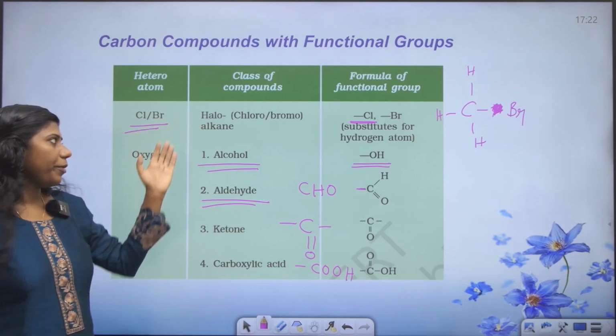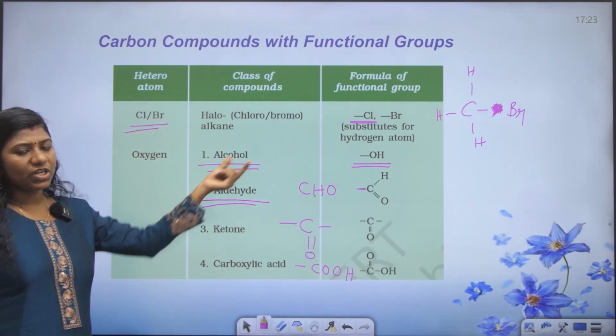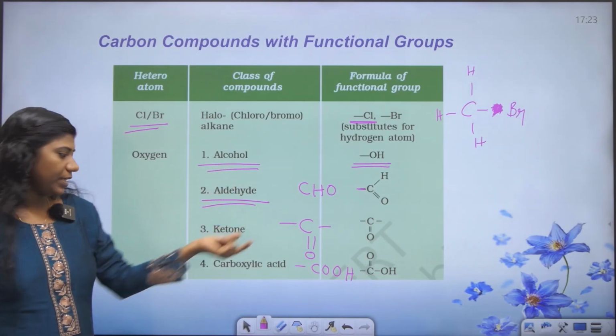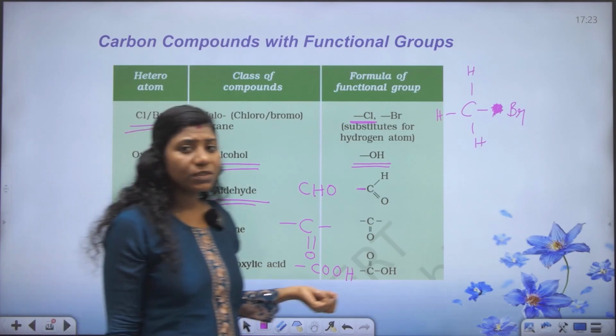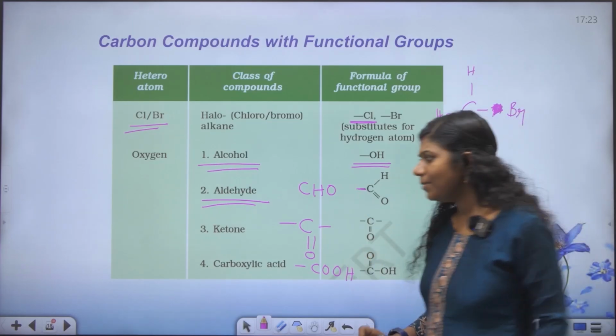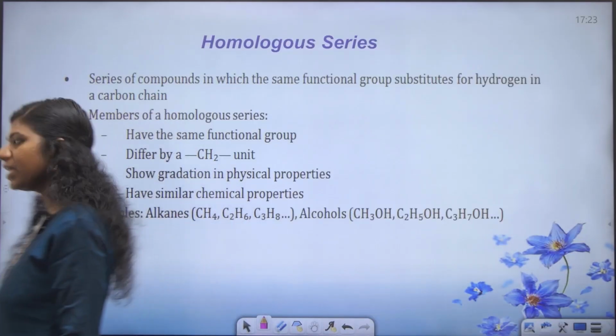Haloalkanes are chlorine or bromine, chloro or bromo compounds. Alcohol, functional group is OH. Aldehyde, functional group is CHO. Ketone, functional group is CO. And carboxylic acid, functional group COOH. Is it clear? These are some important functional groups: haloalkanes, alcohol, aldehyde, ketone and carboxylic acid. Okay. Next one,